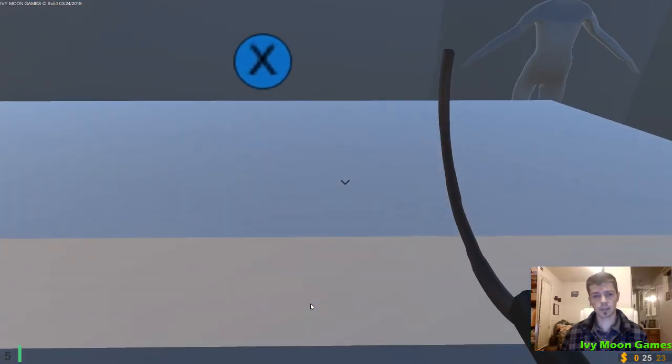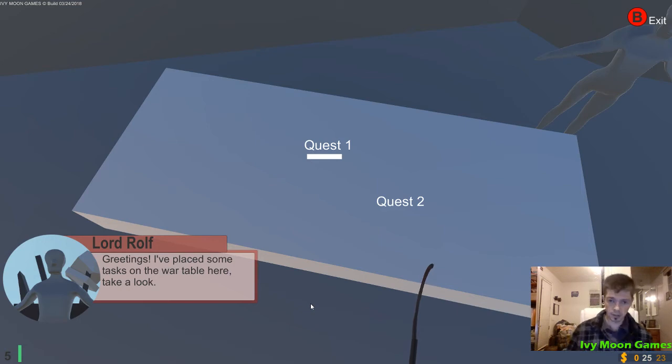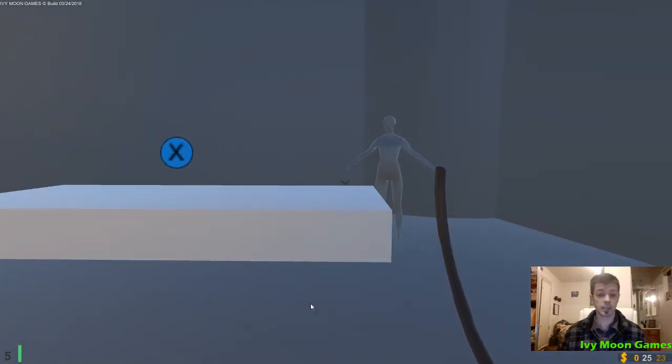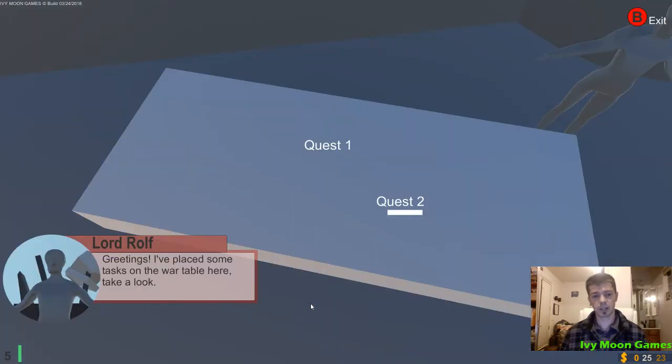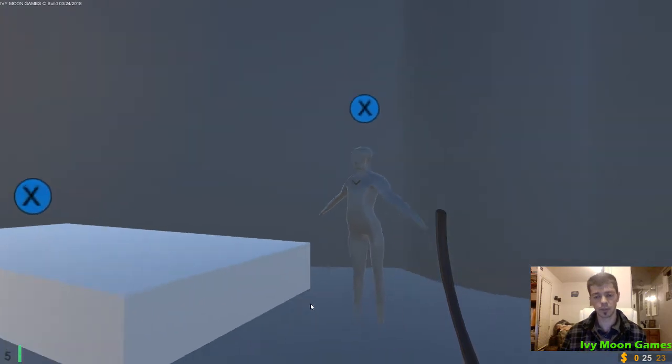And then I have this quest table, which I haven't quite finished yet. It's on the back burner, if you will, right now to get more of the other foundation stuff. But eventually, the idea is you'd come here, and there'd be a little quest table, and you'd be able to pick quests, which makes sense, right? Quest table, pick up quests, and then this is kind of your point of contact guy, Lord Rolf over here,